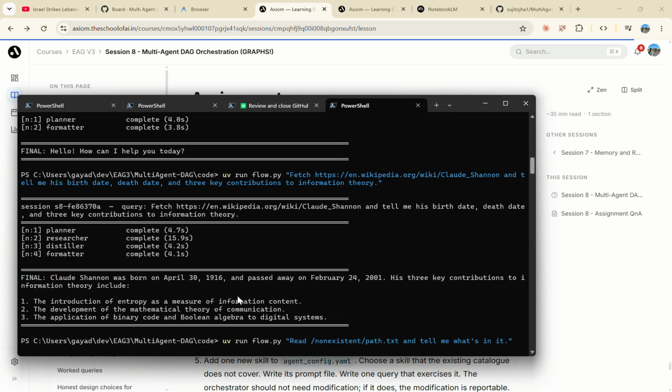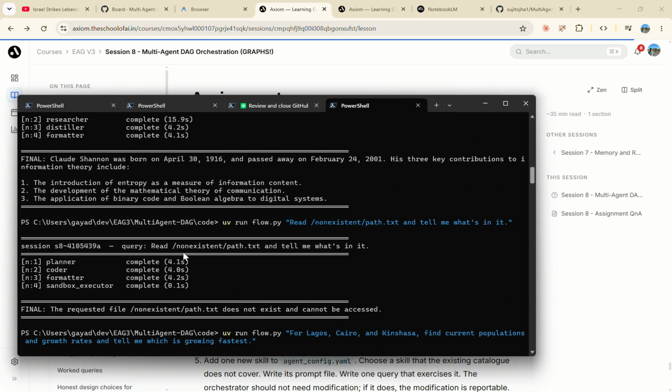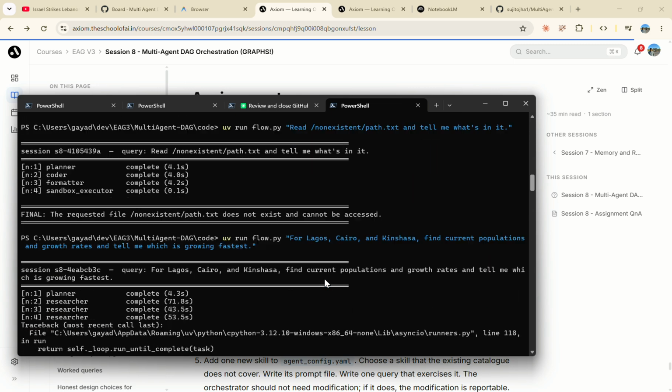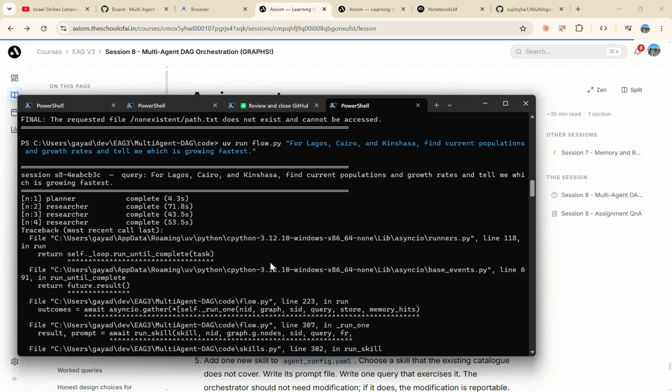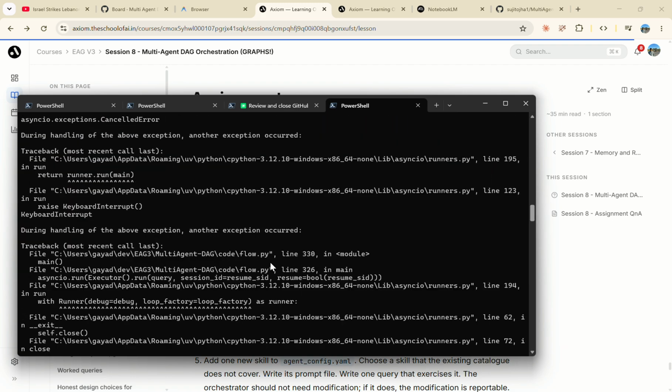and her contributions. Next query, for a non-existent path, it comes back saying it cannot be accessed. Next is looking at Lagos, Cairo, and Cannes, to find the current population. We take a pause after research, then we try to resume